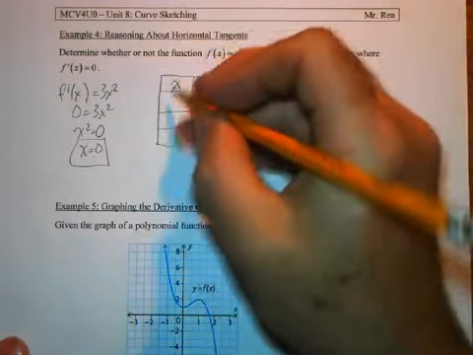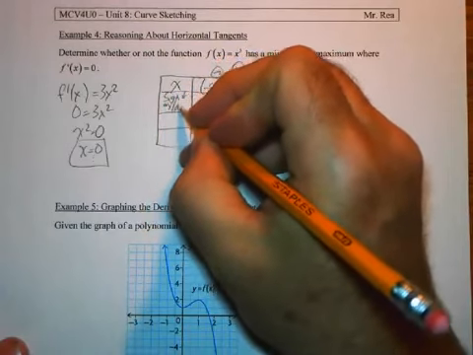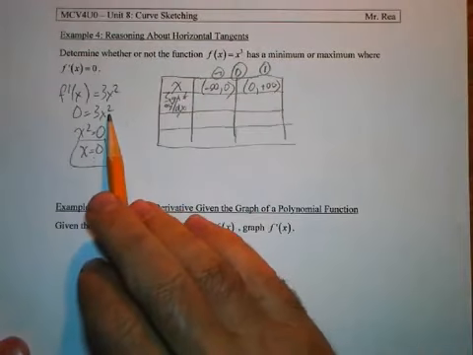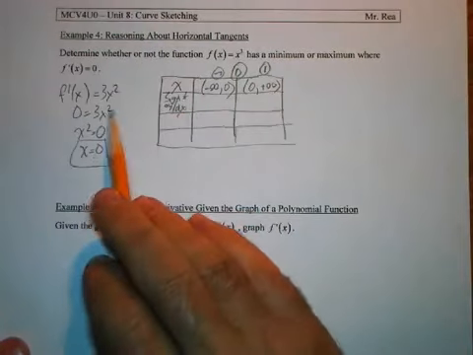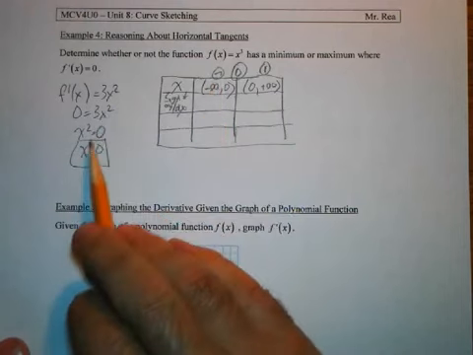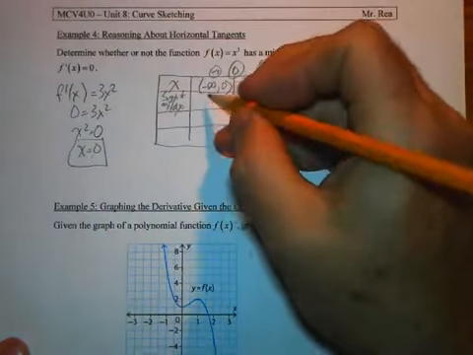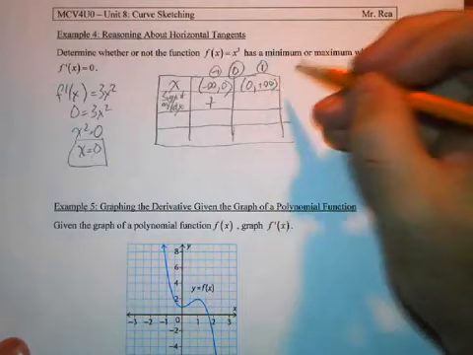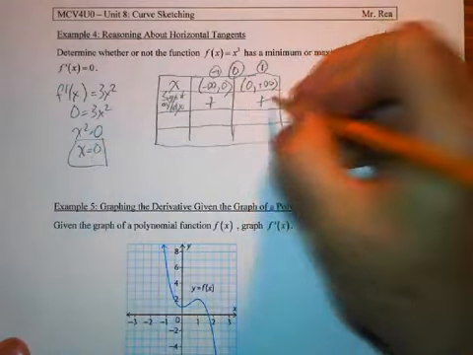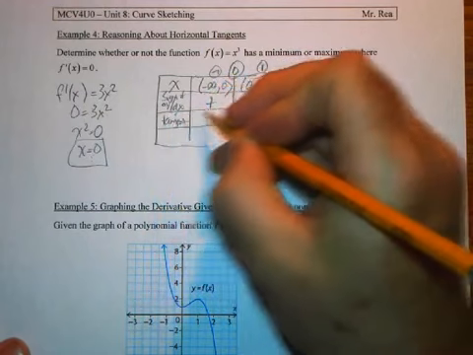Sign of dy by dx. Well, if you plug in anything except for 0, if I plug in -1, that's going to be 3 times 1, which is 3. So that's going to be positive. If I plug in +1, I still get 3 here. So both positive. Tangent, both positive, and then